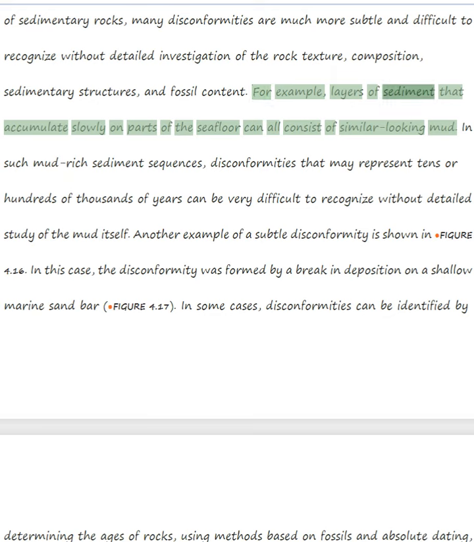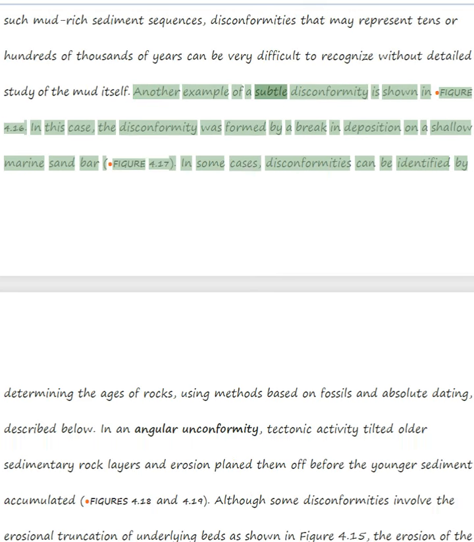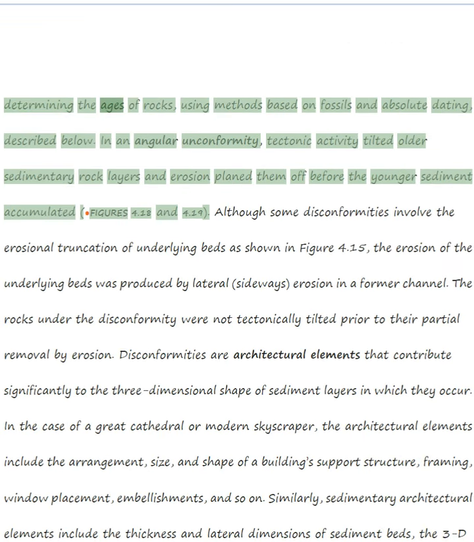For example, layers of sediment that accumulate slowly on parts of the seafloor can all consist of similar-looking mud. In such mud-rich sediment sequences, disconformities that may represent tens or hundreds of thousands of years can be very difficult to recognize without detailed study of the mud itself. Another example of a subtle disconformity is shown in Figure 4.16. In this case, the disconformity was formed by a break in deposition on a shallow marine sandbar. In some cases, disconformities can be identified by determining the ages of rocks, using methods based on fossils and absolute